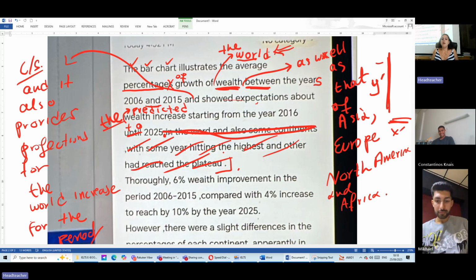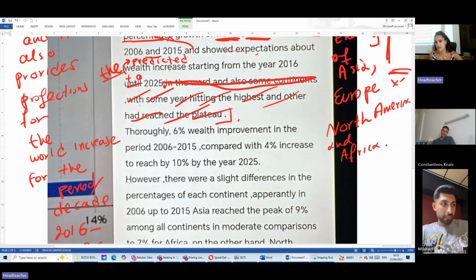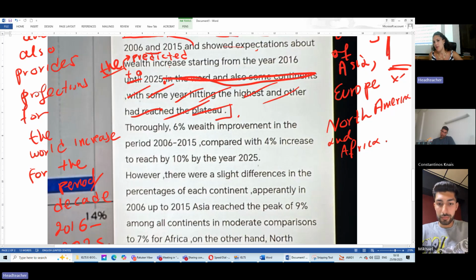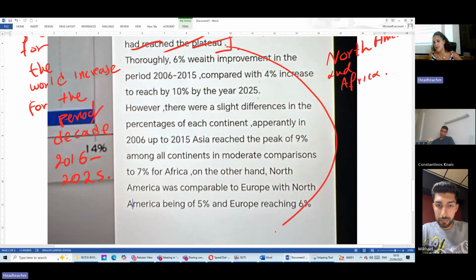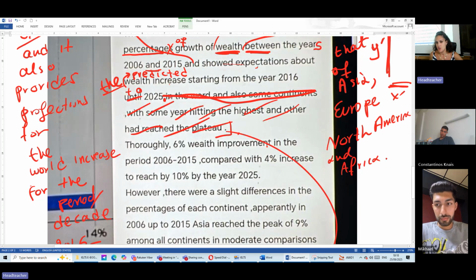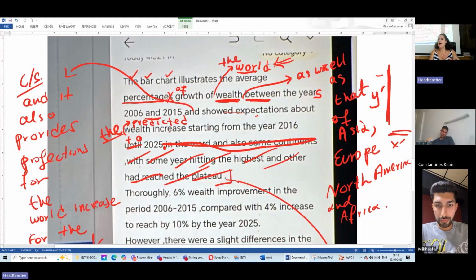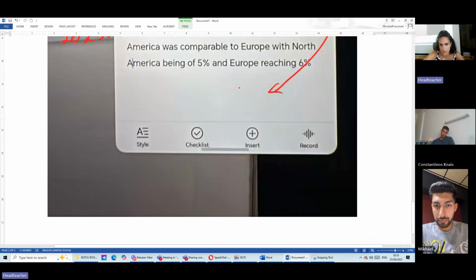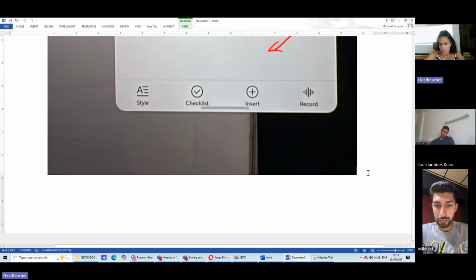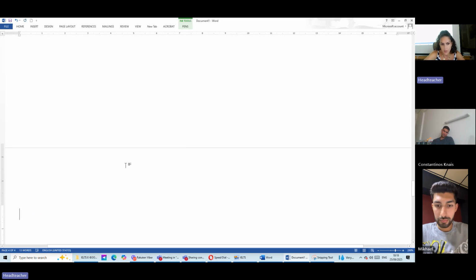So, guys, these are some main observations, and you can take advantage of the fact that Michael has thought about them and put them in the conclusion later, because the conclusion is about the main observations, not the detailed observations. So now we have covered the introduction, but I think I owe you something more clear. So please write down something more clear, not because what Michael wrote wasn't clear, but because it's full of notes.